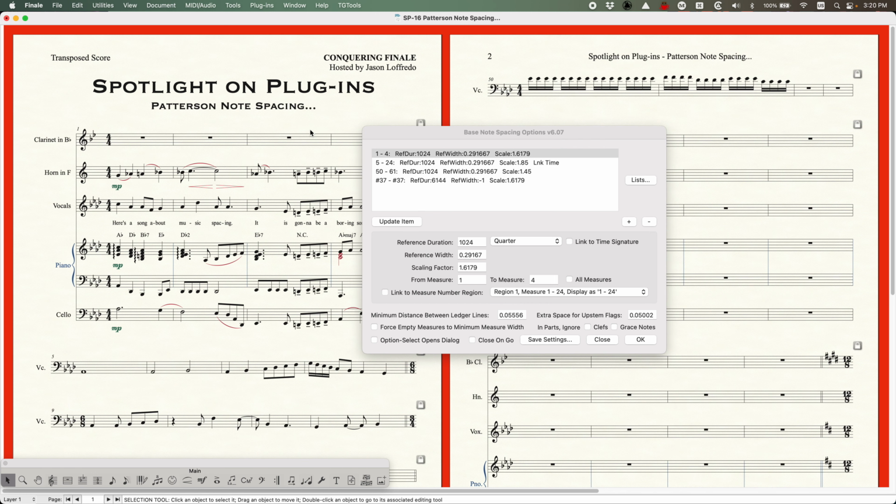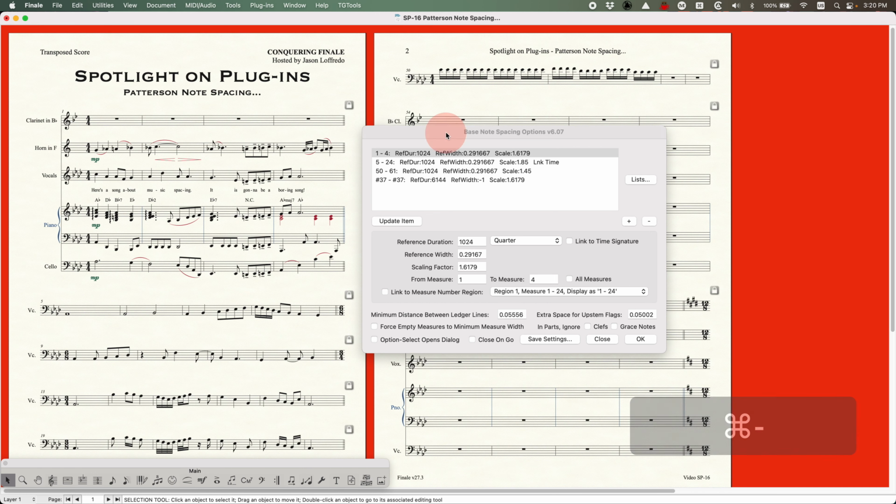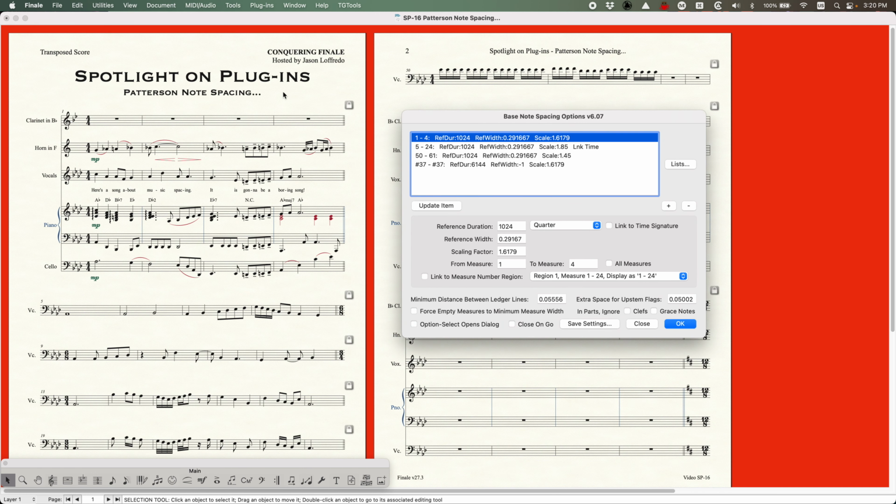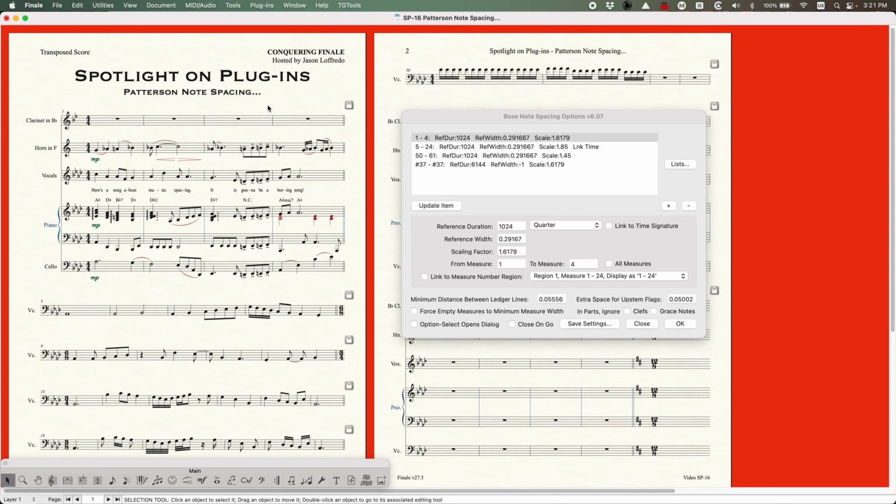So just to clear up some possible confusion about what happens when you're music spacing, let's go back and reset to Finale's basic Command 4 spacing, just so you understand what's happening. If there are no measures selected, it will run everything in this list, right? If there are measures that exist in the file that do not exist in the list, let's say there are extra measures past this point, then it will not run specific music spacing from the list on those measures. It will run normal note spacing from the document options,